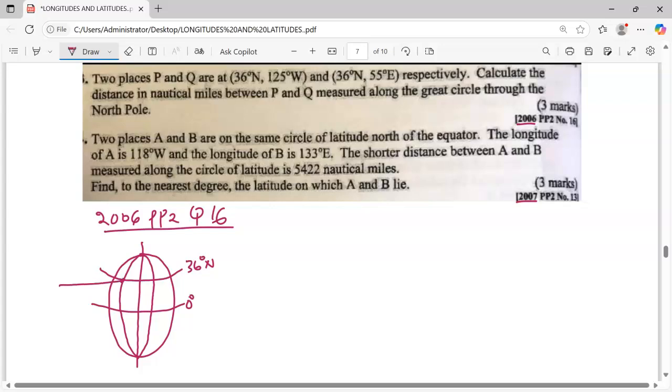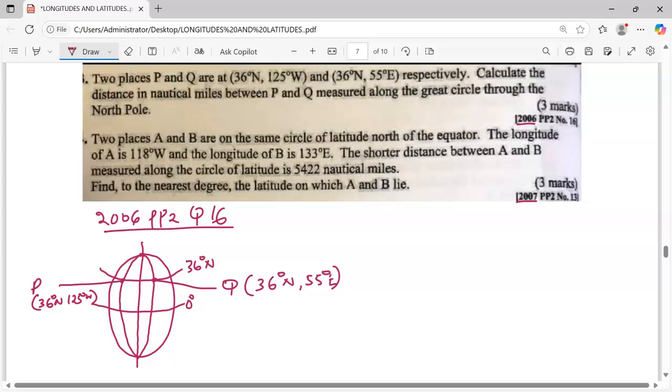One point is to the west. This is point P, and the other point Q is to the east. Point P is 36 degrees north, but 125 degrees west, and another point Q is 36 degrees north, 55 degrees east. We have been told to calculate the distance in nautical miles between P and Q measured along